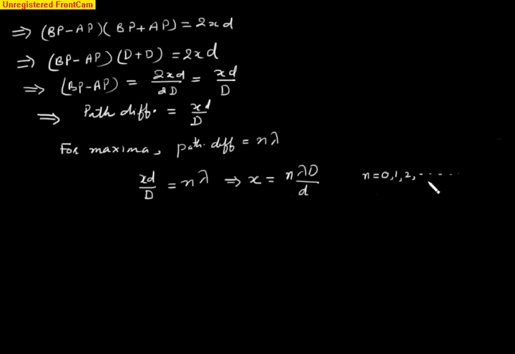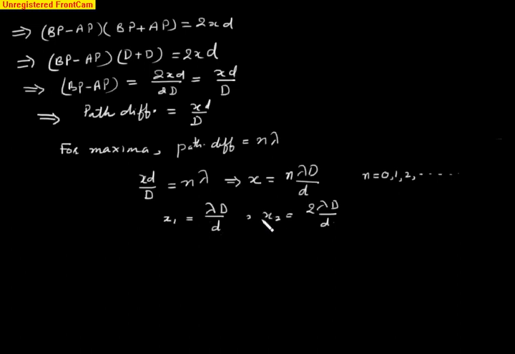It means by using these numbers we can say that the first maxima apart from the central maxima, when n is 0, will be at lambda D over small d, and the second maxima will be equal to 2 lambda D over small d, and the distance between these two